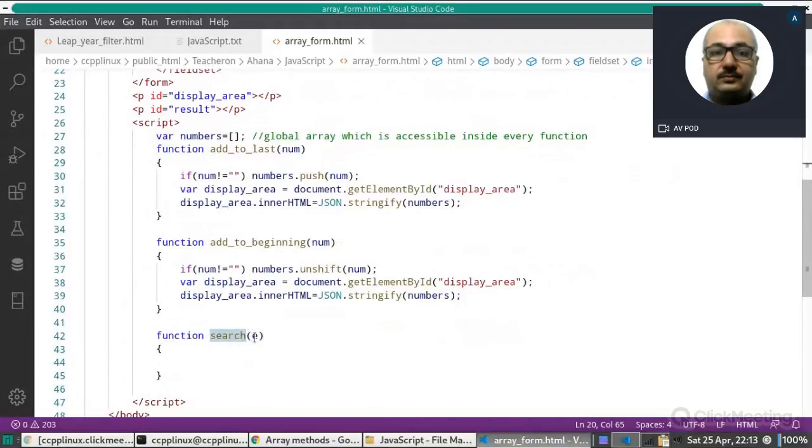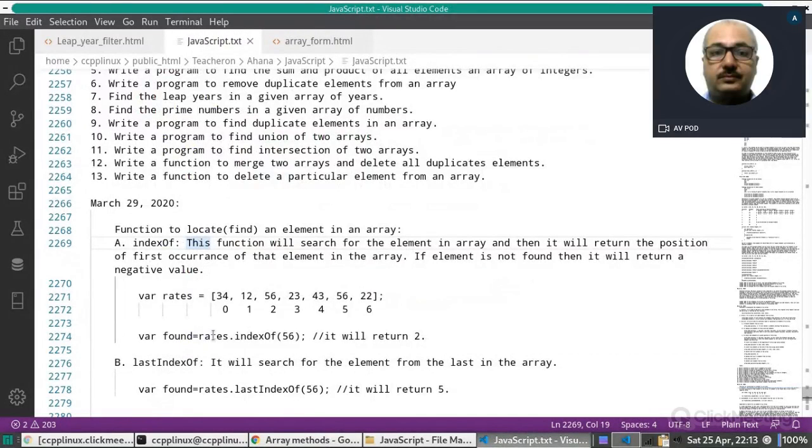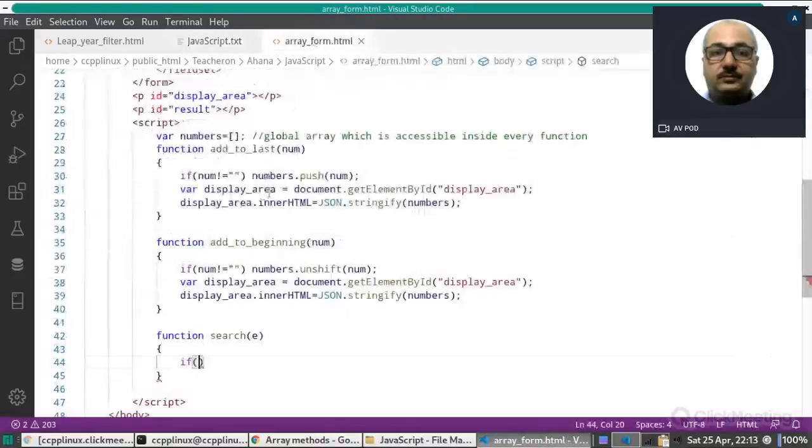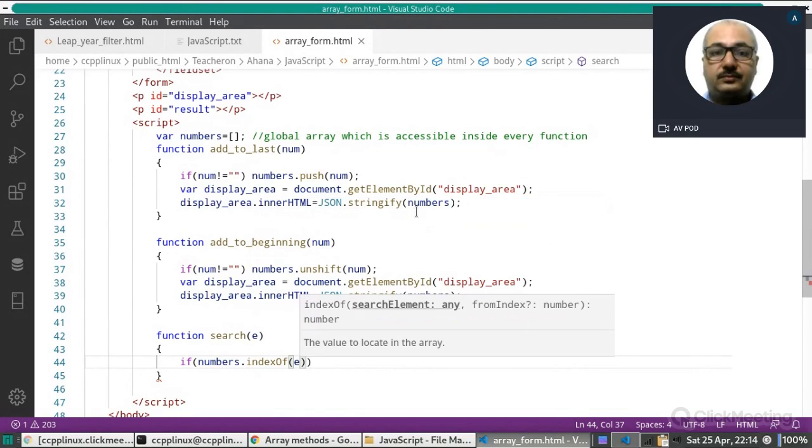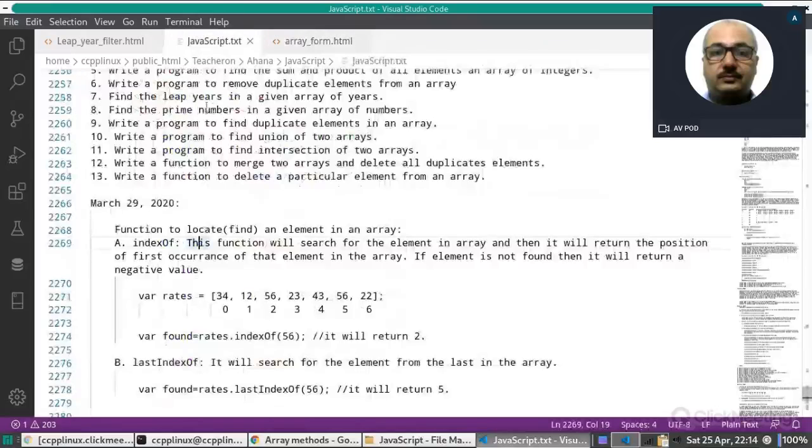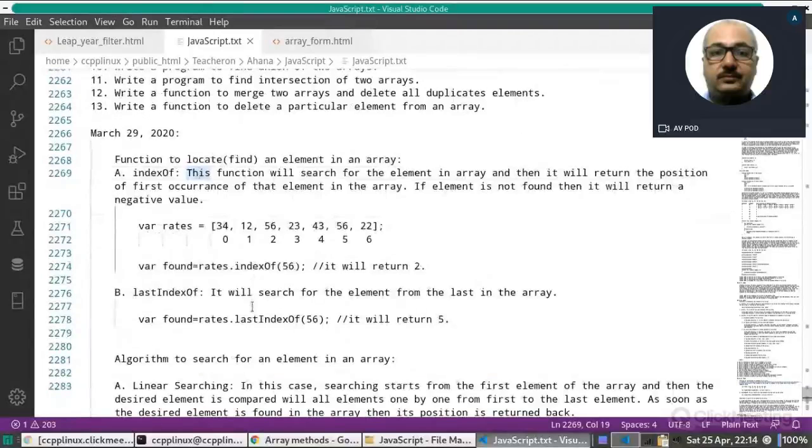Here e, we will write if, and then the method indexOf. Our array name is numbers, so numbers.indexOf(e). If it is available, then we will display that it is available, and if it returns a negative value, that means it is not available.